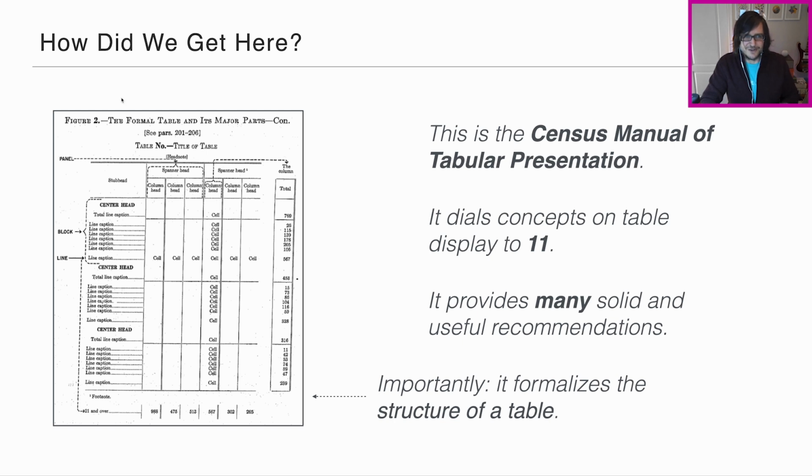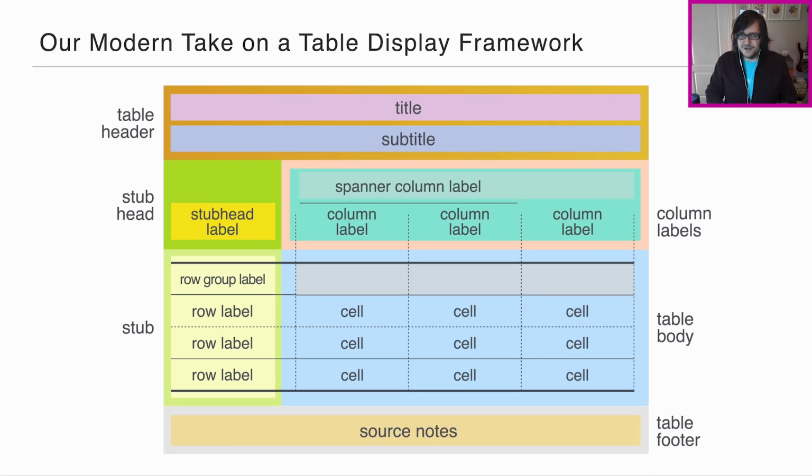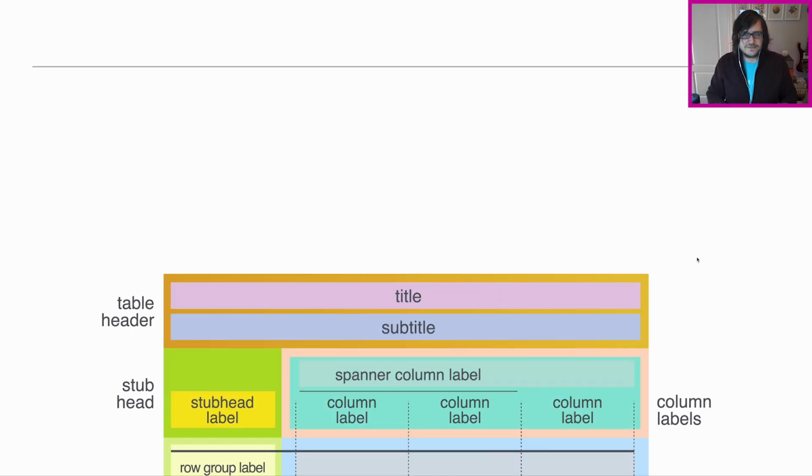We don't have to go too far. It's actually in figure 2 of this whole book. It gets right down to showing you what the different parts of a table are called and how they're structured and what they do. So we took that because these are really great ideas, and we adapted it to a sort of more modern version of a table. And we got this. So we have the different parts, like the table header, the stub, and table footer, and all the other parts. And we gave them names, which was super important.